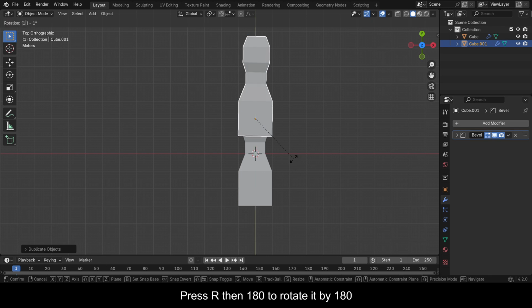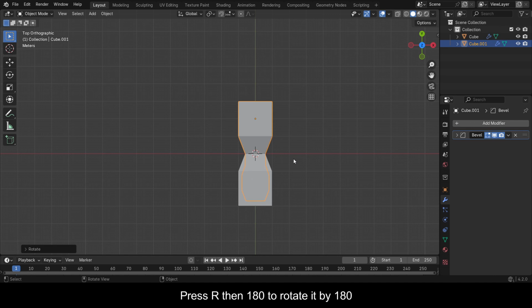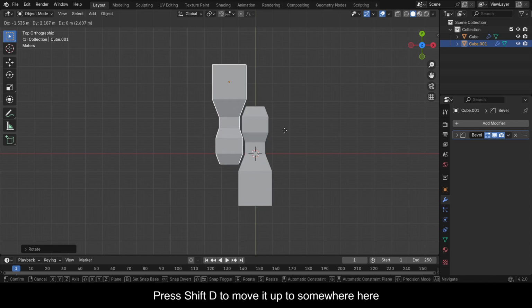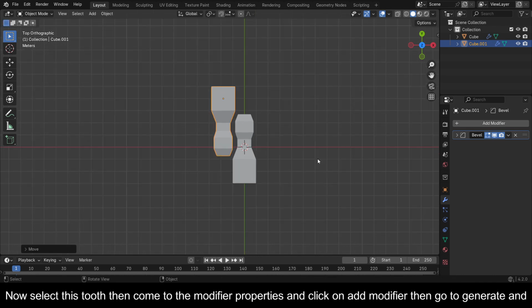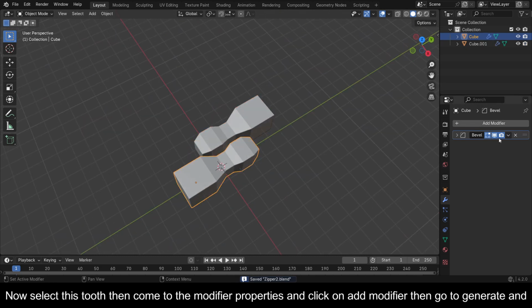Now press Shift D then Y then 4 to duplicate it here. Press R then 180 to rotate it by 180. Press Shift D to move it up to somewhere here. Now select this tooth, then come to the modifier properties and click on Add Modifier, then go to Generate and